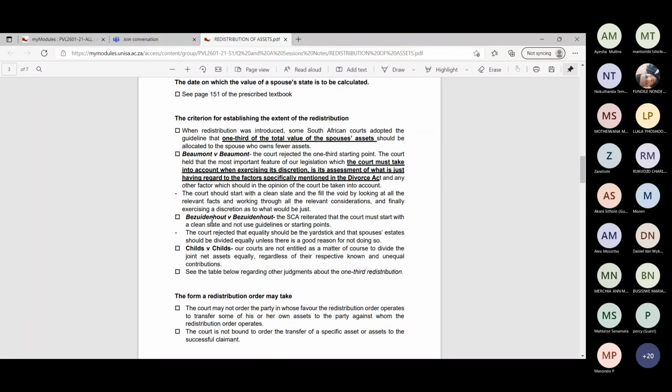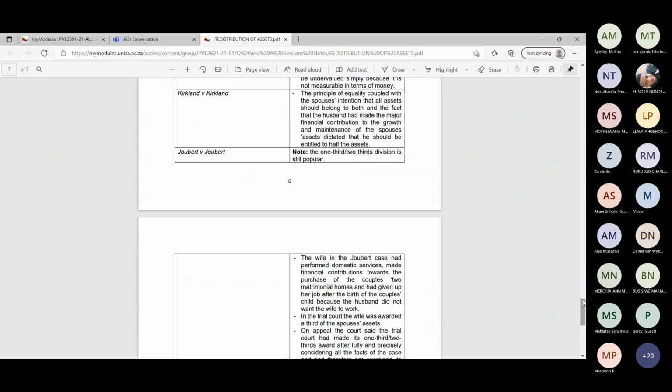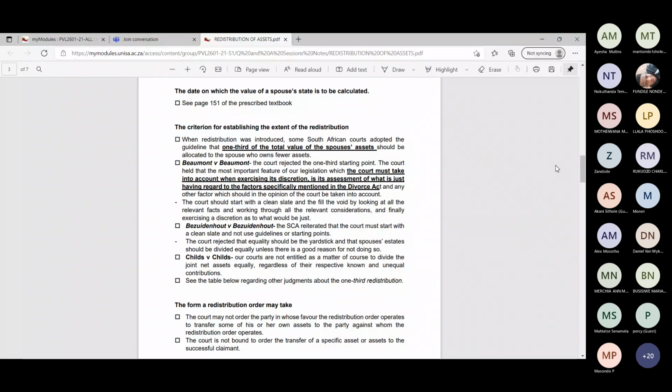In the Basildon case, the court rejected that equality should be the yardstick, and that spouses' estates should be divided equally unless there is good reason for not doing so. And then in the Childs case, they held that our courts are not entitled as a matter of course to divide the joint net assets equally, regardless of the respective contributions. I also did a table of cases, where for example in Jubet versus Jubet they used the 1/3 division. So as things stand now, you can use the 1/3 rule as a starting point, but